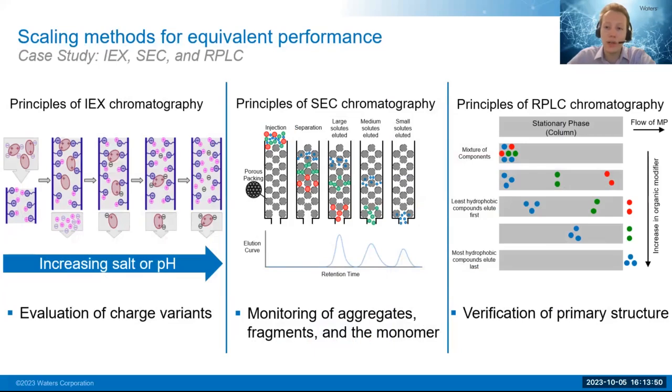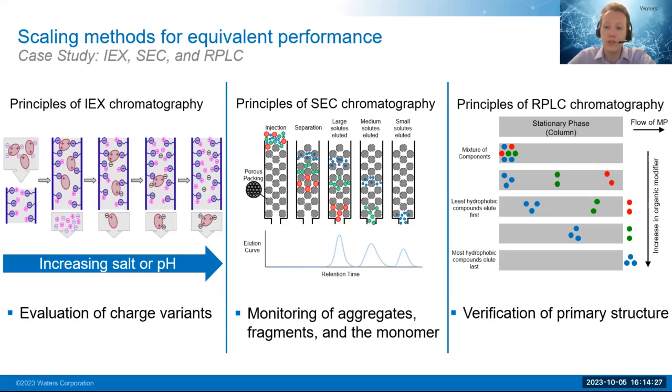So moving on to our case studies, we will be looking at 3 different separation techniques that are commonly deployed for monoclonal antibodies. First, we will be looking at ion exchange chromatography, which is often a salt-driven mechanism relying on the charge interaction between an analyte and the stationary phase. Elution is achieved by increasing the ionic strength to inhibit binding of the analyte to the active site of the stationary phase, as is shown in the slide.